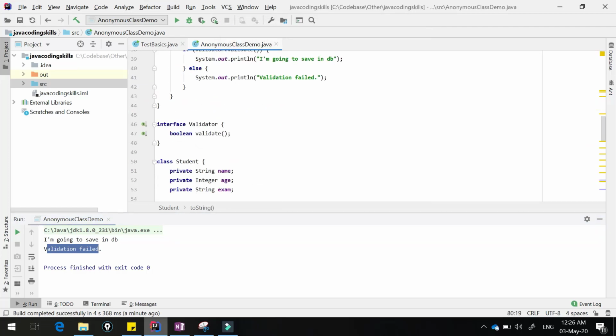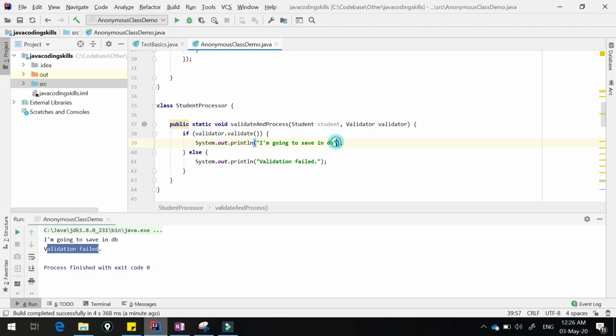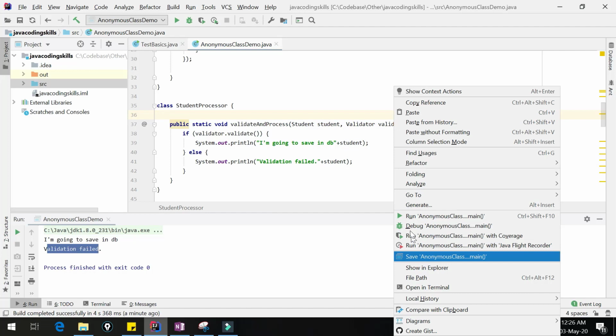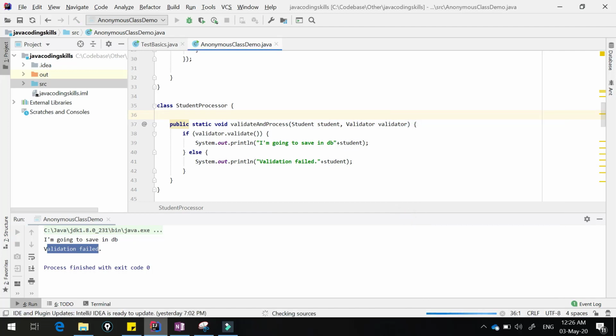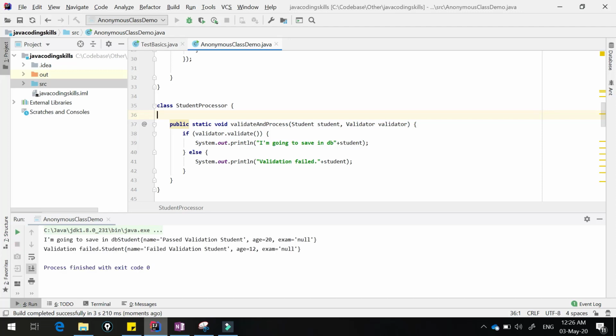Okay, so after that I'm going to print that student. See, the age is 20, meaning validation passed for the past validation student, and it's going to save in the DB, and the one whose age is less than 15 is going to fail.